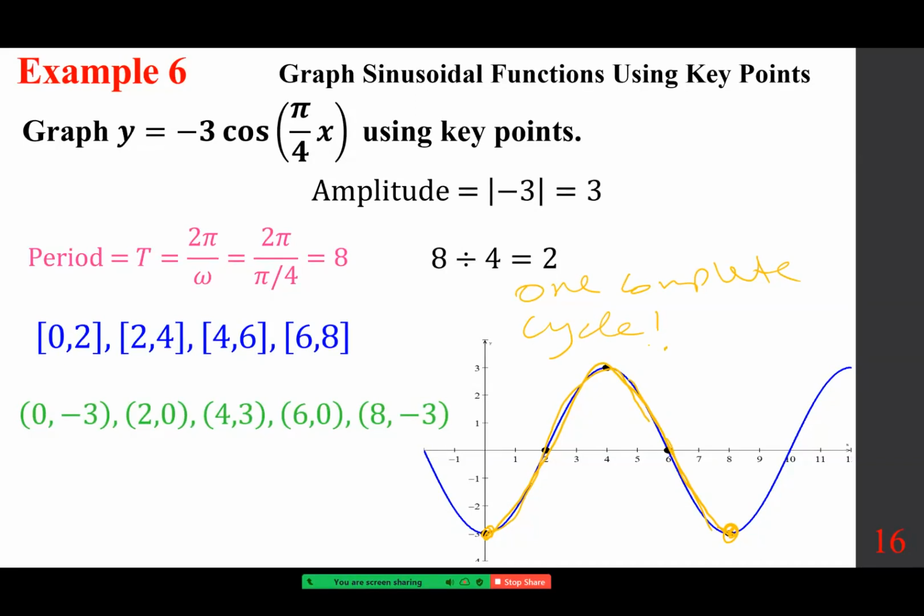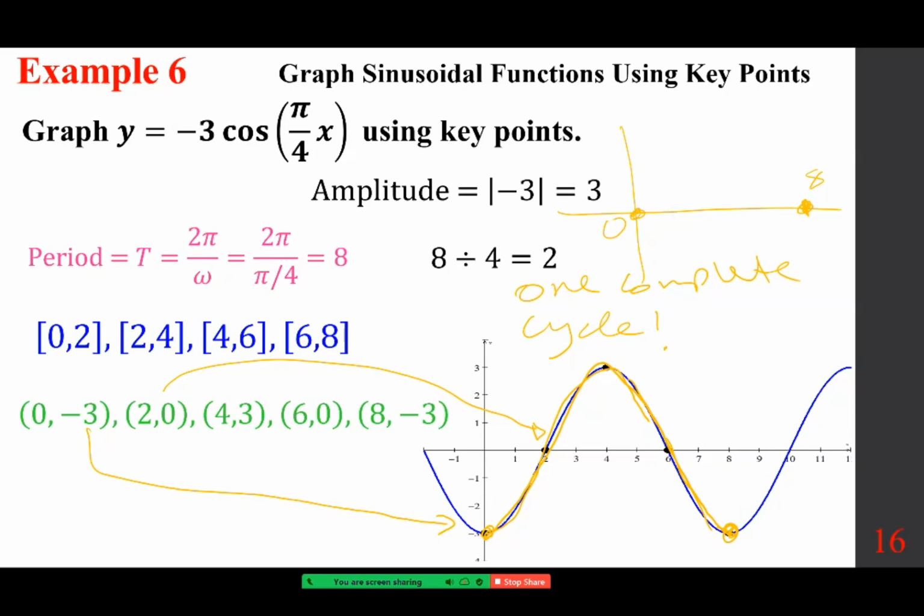As you can see, for example, 0, minus 3 is here, and 2, 0 is here. One way to graph this is by writing 0 to 8, so just going like this. This is 0, this is 8, and